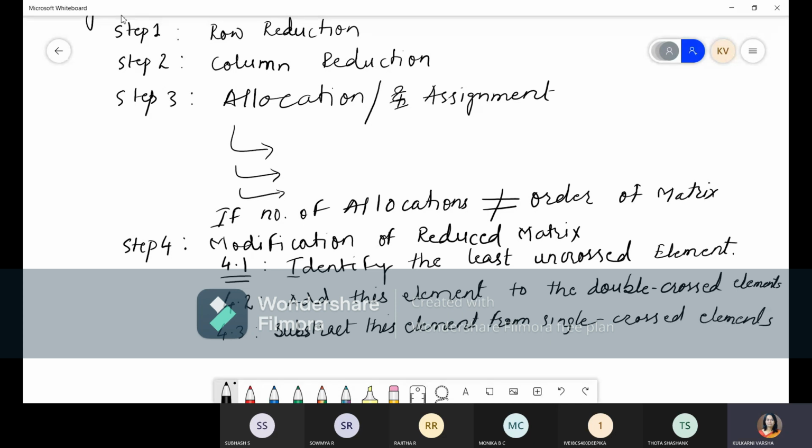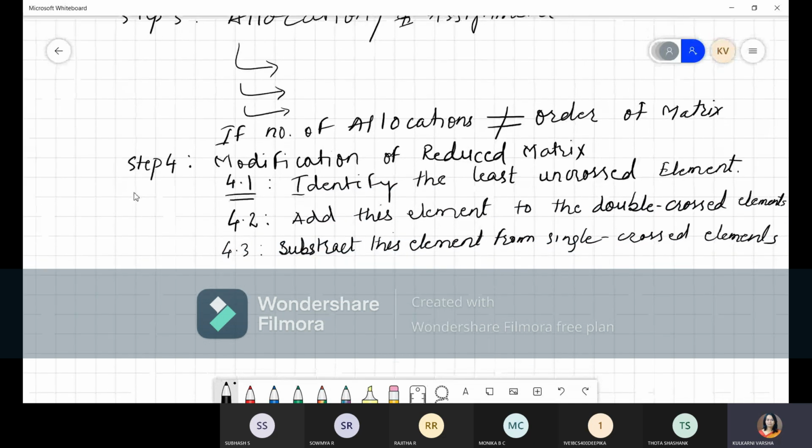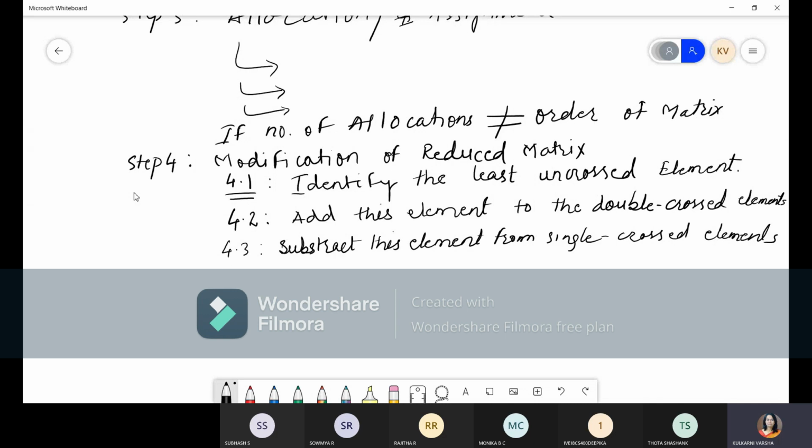Okay, so just remember, because we are solving now, so you should know this. Just remember this 4.1, 4.2, 4.3 in step 4. Anyhow, when you solve the example, it will be clear.